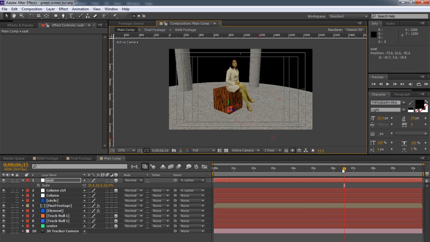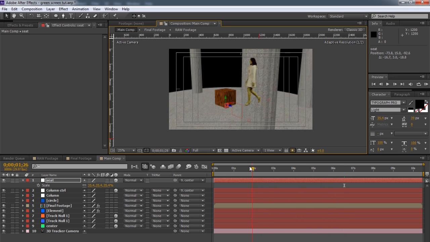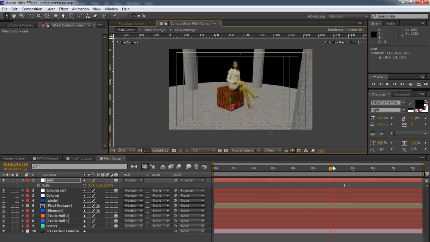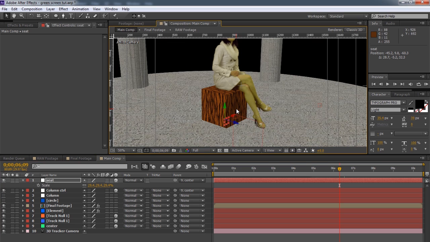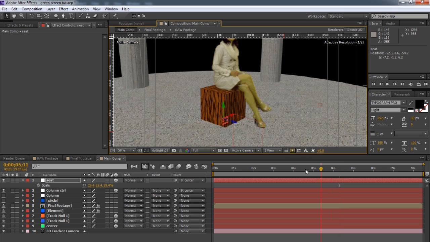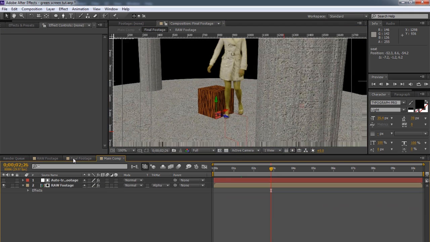Let's see how that looks. Looks a little too big still. Let's scale it down a little bit more. And some of the problem with this particular footage, which if you're shooting green screen stuff and you have a place for them to sit, you have to take into account, is the stool that she was sitting on in the original footage